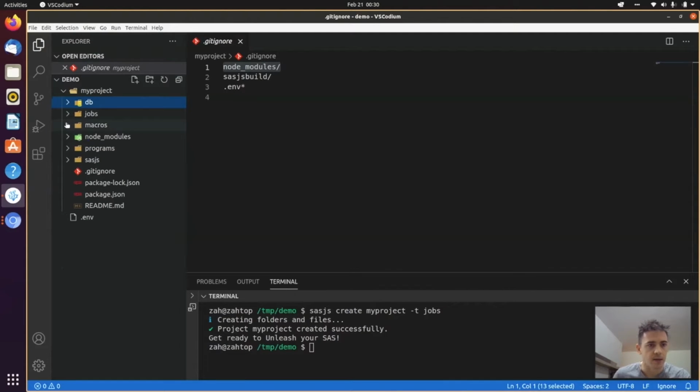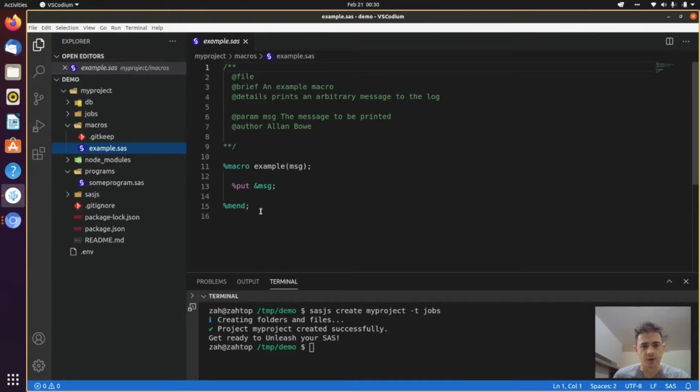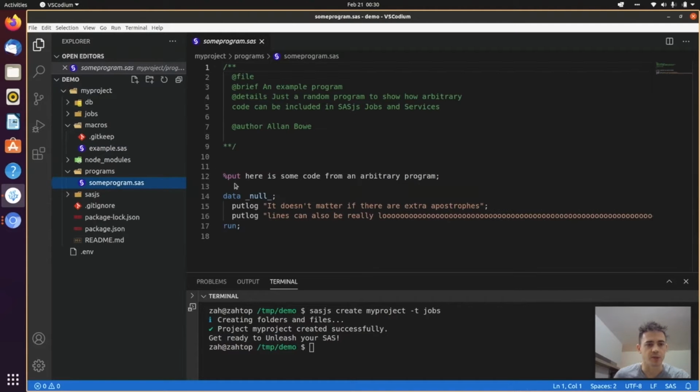There's a macros folder with SAS macros in it, and a programs folder with SAS programs. And maybe you're wondering the difference between a macros and a programs folder. So macros contain only macro definitions with a %macro and a %mend, whereas programs can contain really just any arbitrary code.